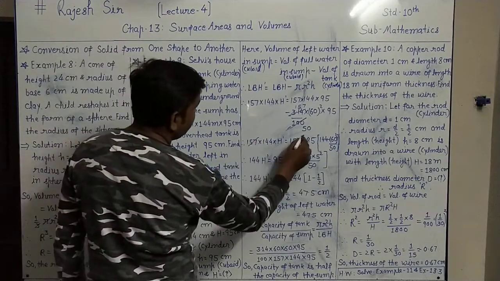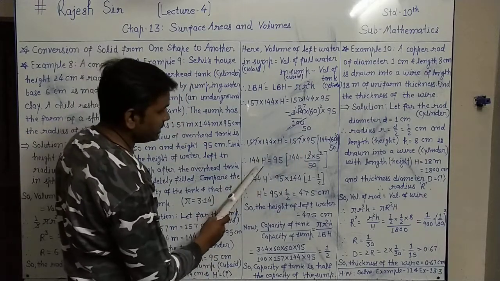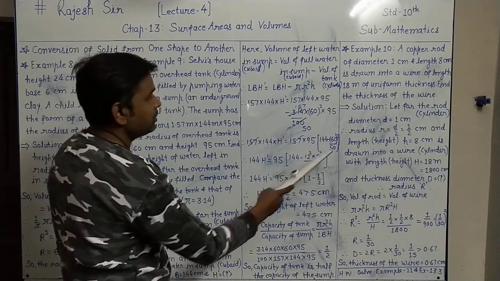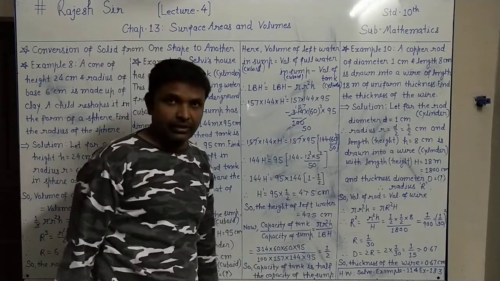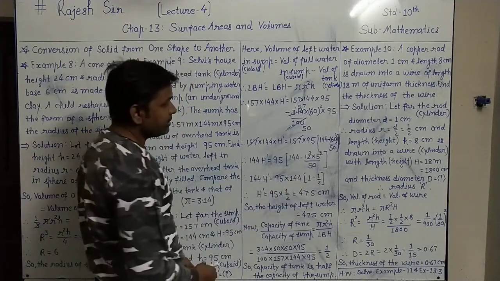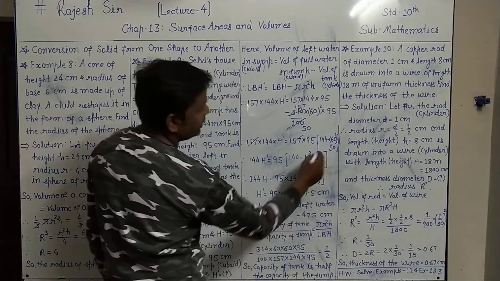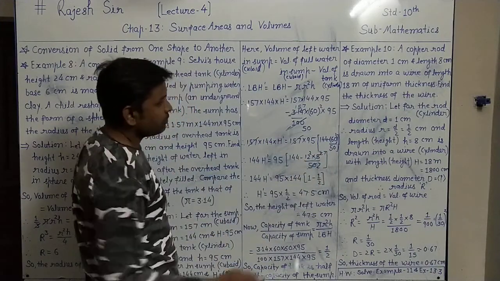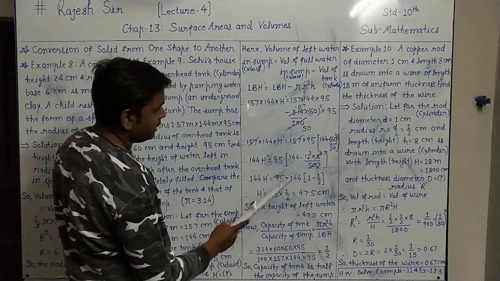Now more simplifications here. 157 into both the sides will cancel. So the remaining is 144 H dash equals to 95 in the bracket 144 as it is. This 60 whole square can be written as 60 means 12 5s are 60, and 60 square means 12 square and 5 square both. This also we can cancel. 5 square is 25, 25 2s are 50 this way. And 12 square is 144. So here 144 H dash equals to 95 as it is.